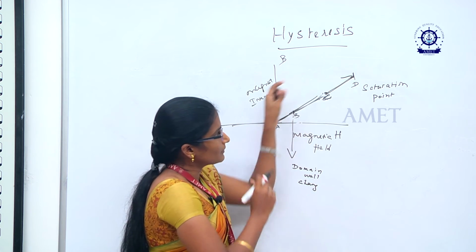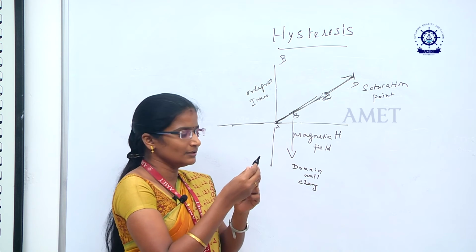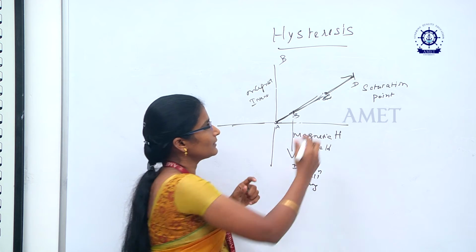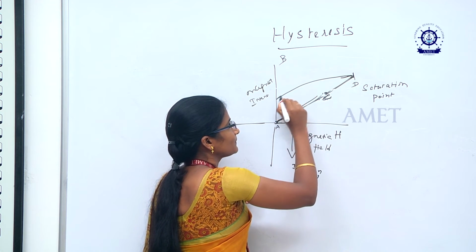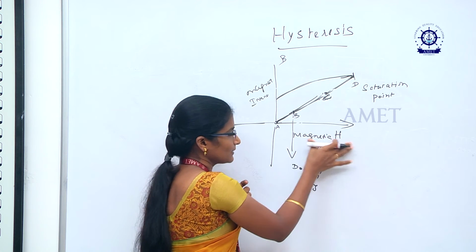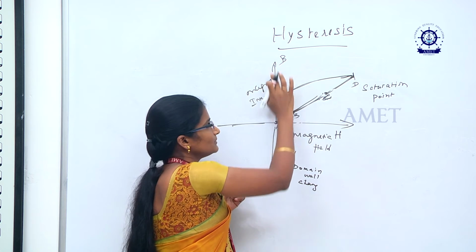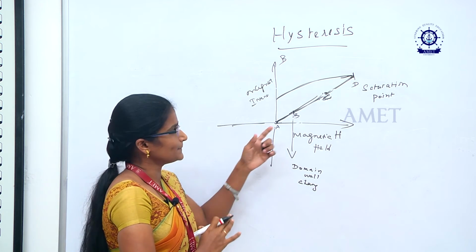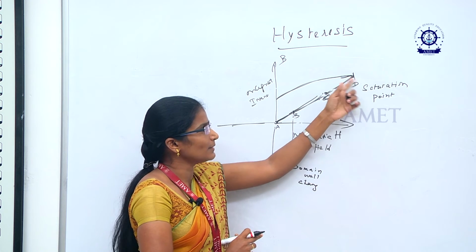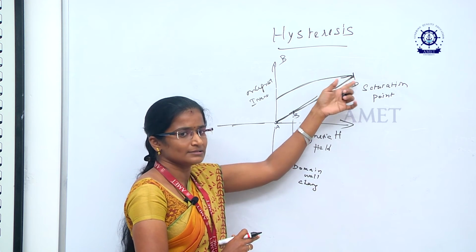So we are removing the magnetic field inside this material. That is the possibility: we are converting this magnet into a normal material. So we are removing the field. This is the direction in which we are increasing the field. This is the direction in which we are decreasing the field. This is the direction for increasing the intensity. So at this place it acts as a strong magnet. Again we want to convert this magnet to a normal material. That's why we are removing the magnetic field inside the material.